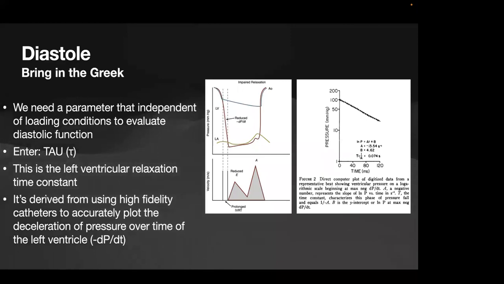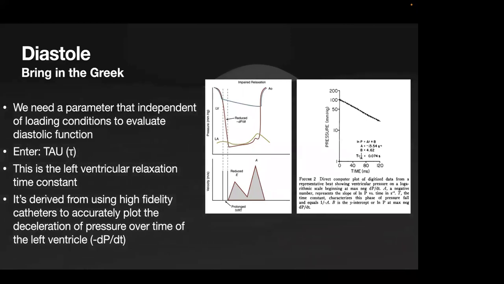All right, so you mark time 0 as the most negative part of that curve, and you measure the time it takes to get to your first part of your filling. And what you can find from that is something called a time constant, which they call tau. And so on the right, from a paper from 1979, I believe, this is the actual tracing of a single